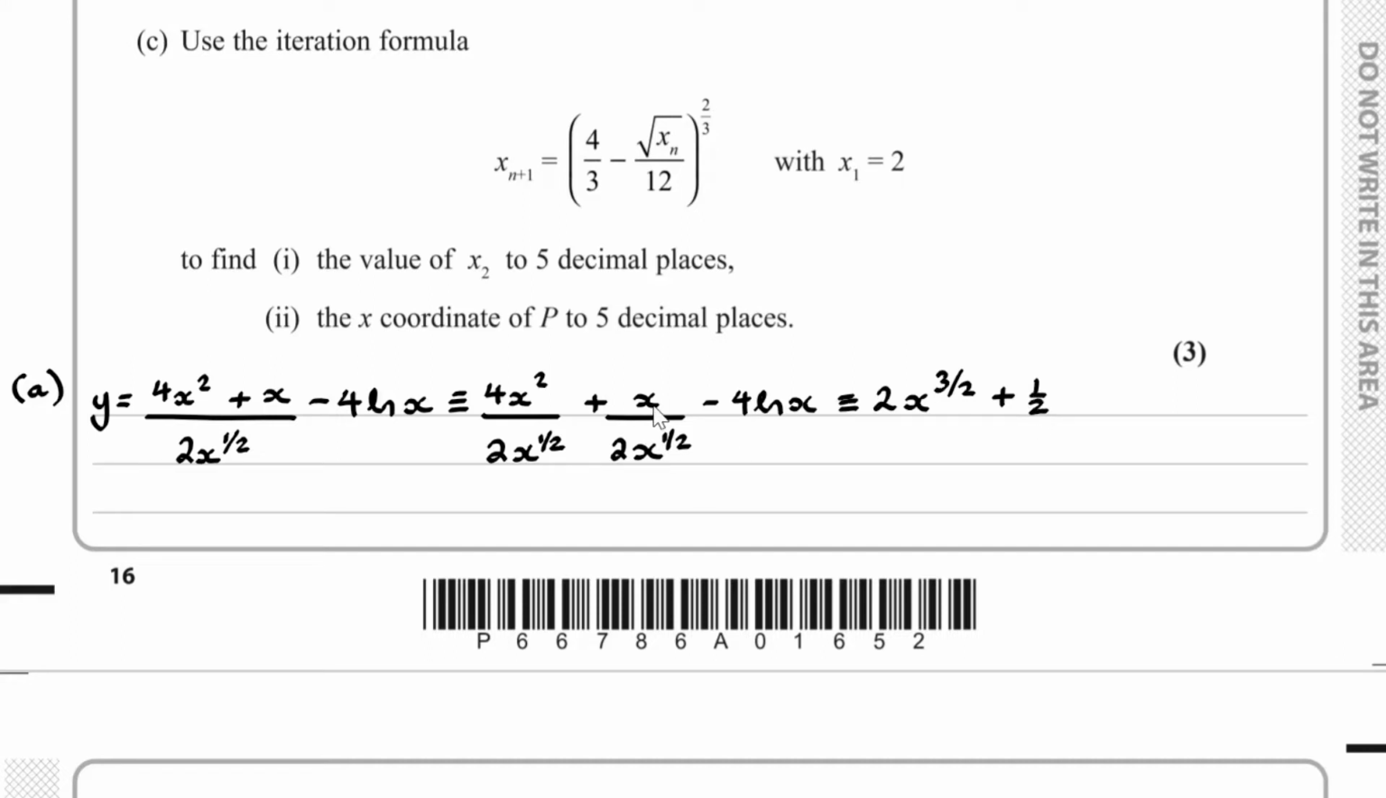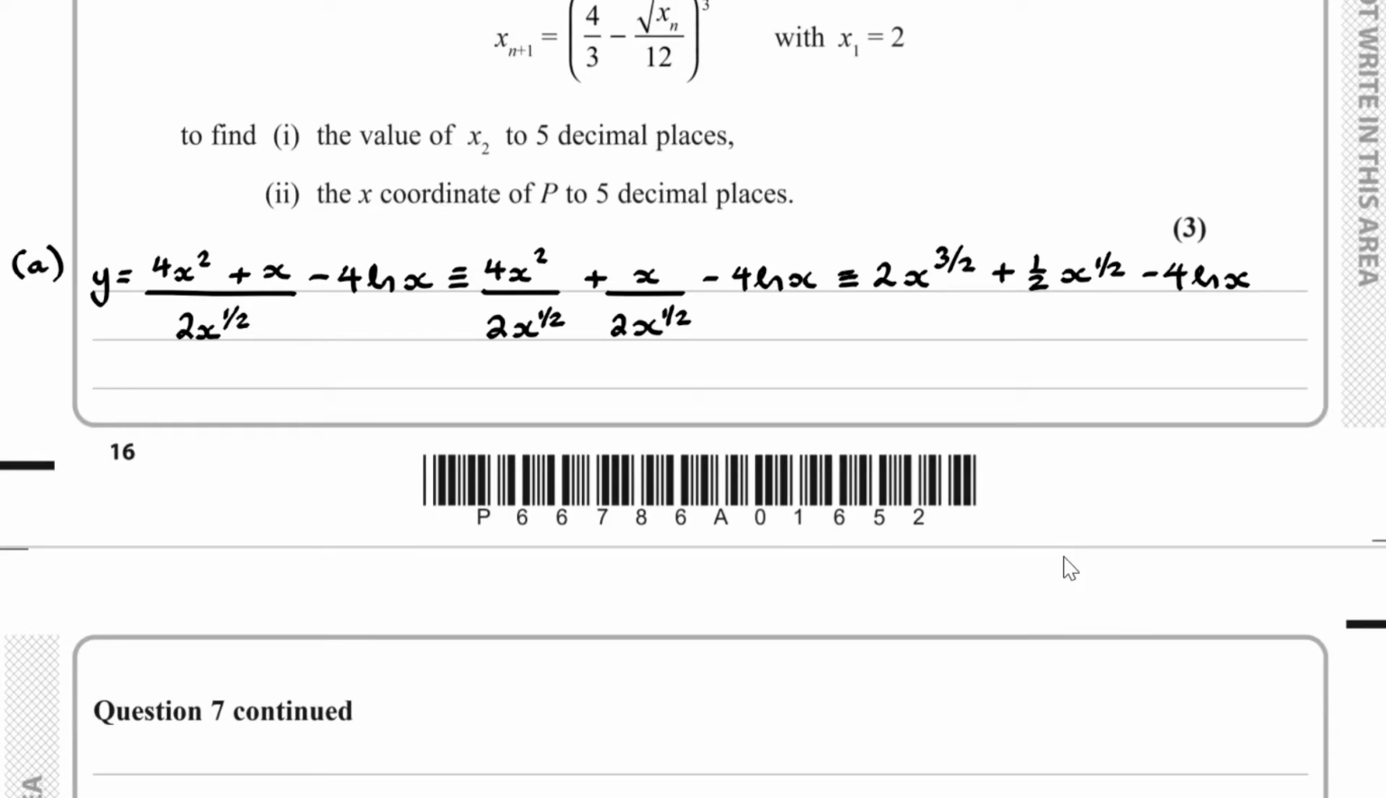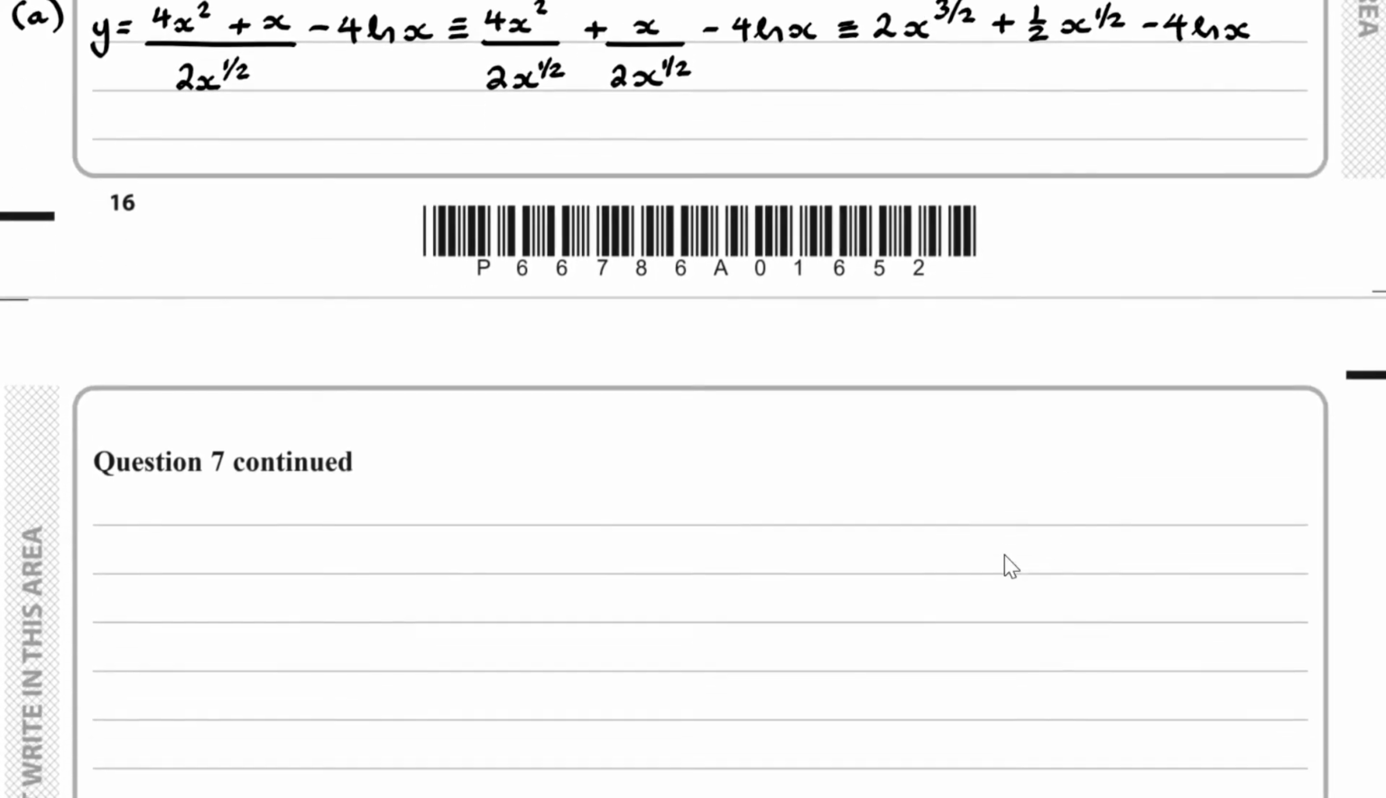And x divided by x to the half, again subtracting the powers, 1 take away 1/2, that's 1/2. And then we still have minus 4 times by the natural log of x. So when we come to work out what dy over dx is, we can simply use standard derivatives. So dy over dx, that's equal to,